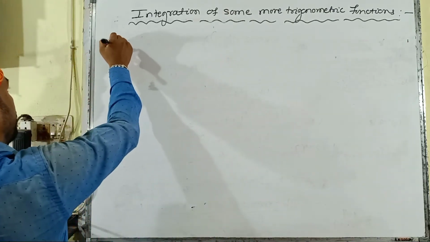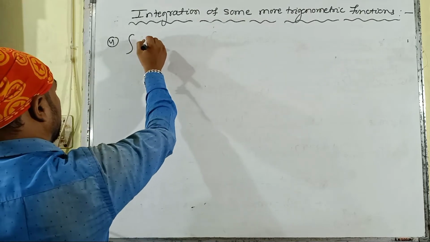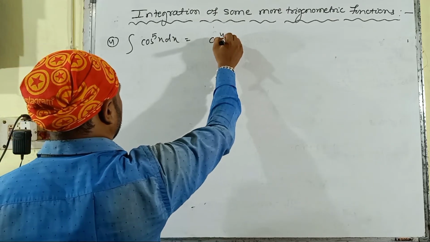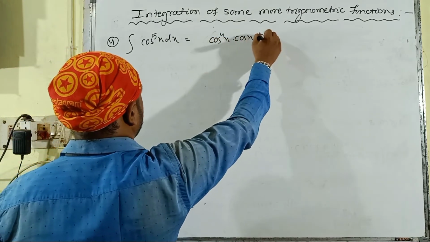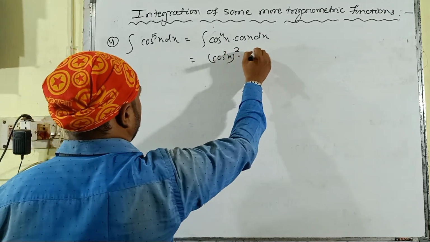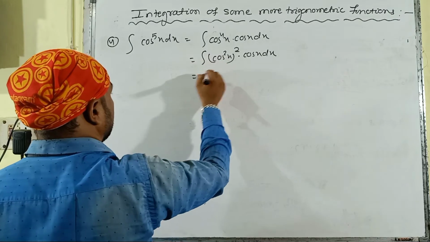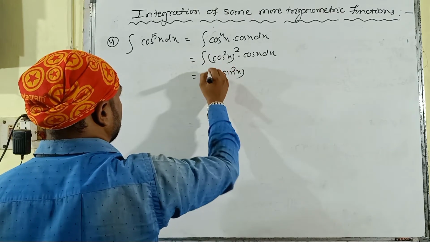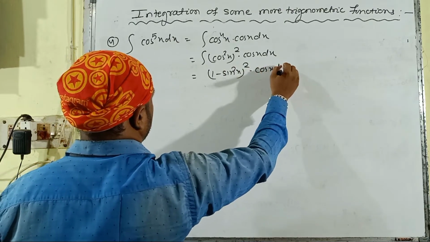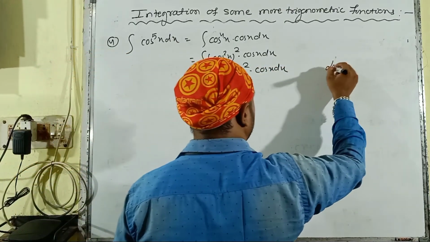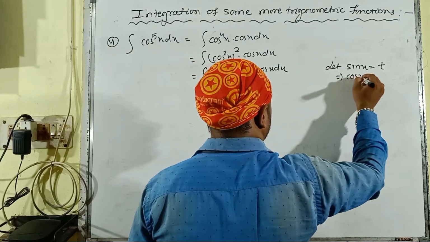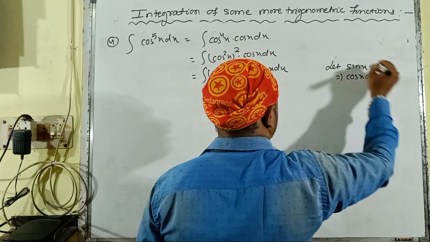So the fourth problem is here. Integral of cos to the power 5x dx. It is cos to the power 4x multiplied with cos x dx. Then it is the whole square of cos square x multiplied with cos x dx. Then it is 1 minus sin square x, the whole square, multiplied with cos x dx. Let sin x equal t, and then cos x dx is equal to dt,